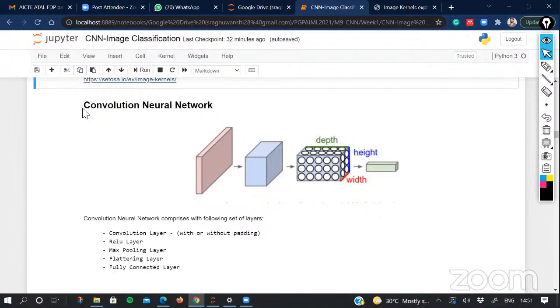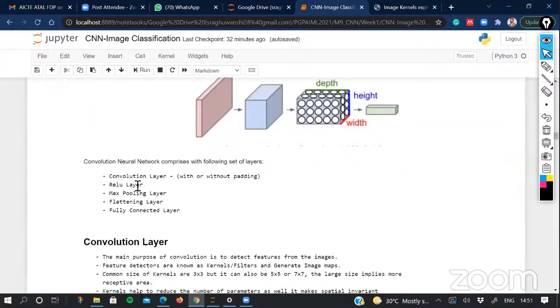Now, when we talk about convolution neural networks, we use different kinds of layers in that. These layers are mainly defined as a convolution layer, and certainly this layer comes with certain customizable parameters. We'll talk about them, like with or without padding, and strides and so on. Then we use a nonlinear activation layer. Generally, we use ReLU as the nonlinear activation function there, so we call it a ReLU layer.